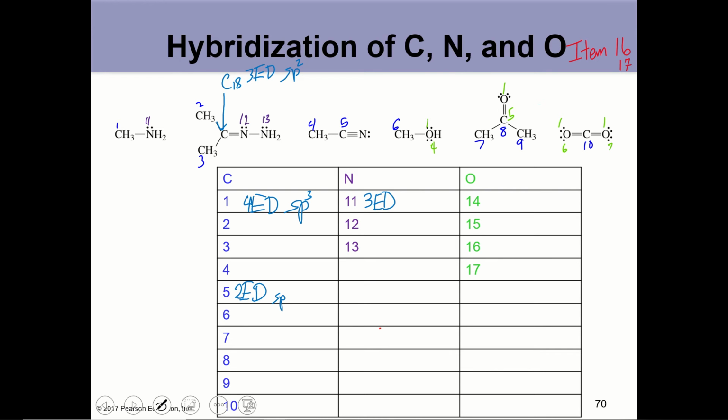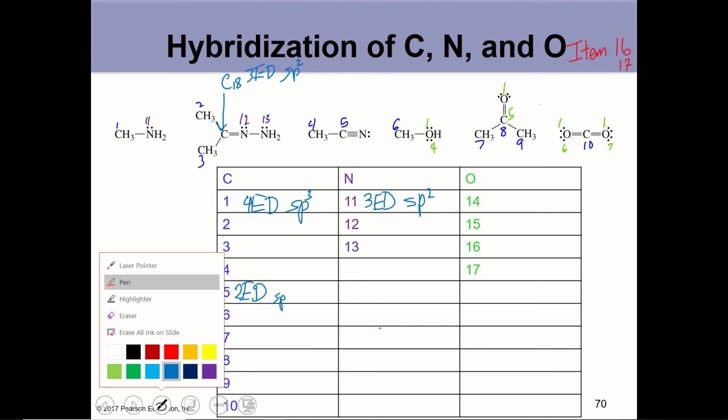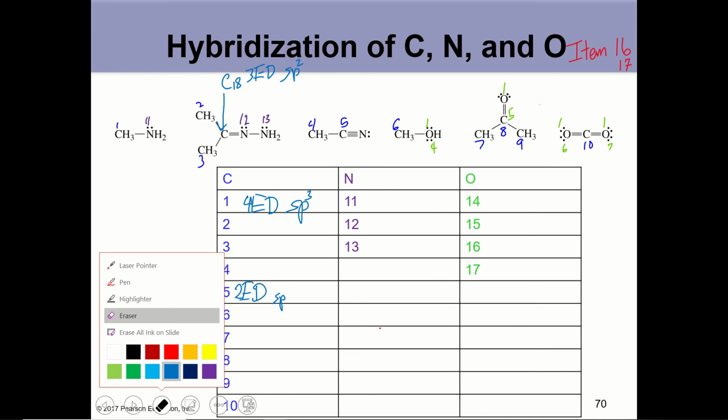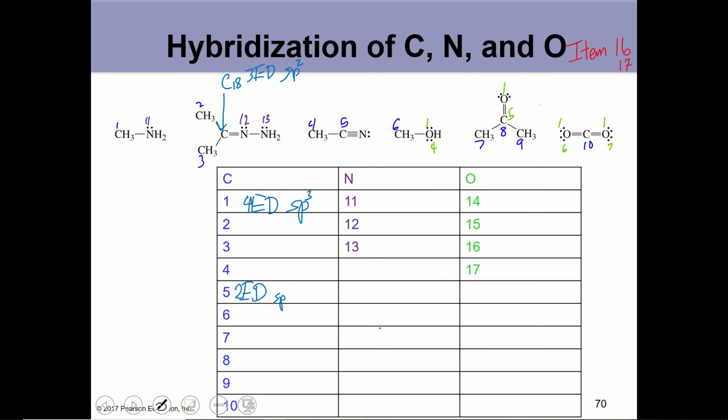Linear or a type of bent. But anyways, the hybridization with 3 electron domains is sp2. Oh, for 12, not for 11. So nitrogen number 12 has 2 bond sites, 1 lone pair, 3 electron domains,